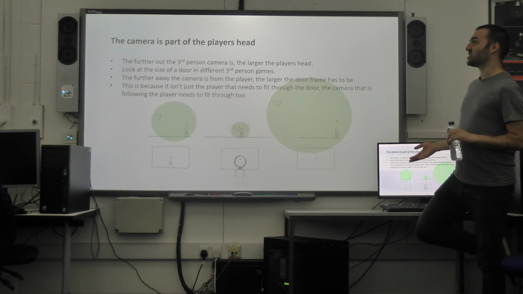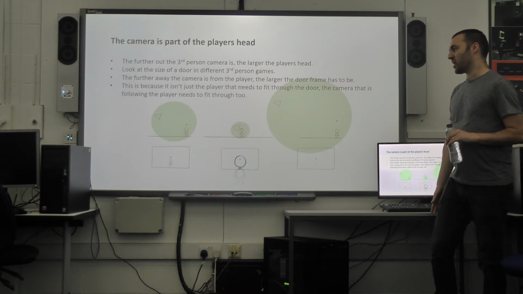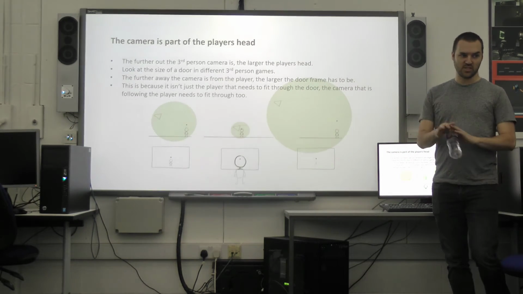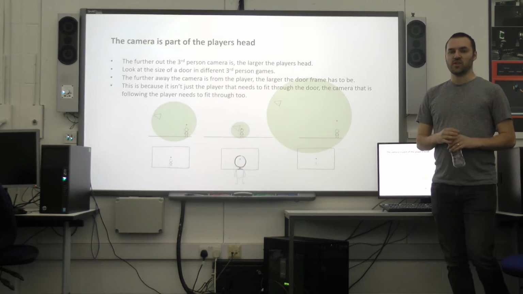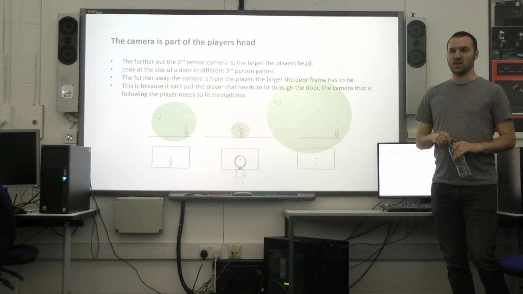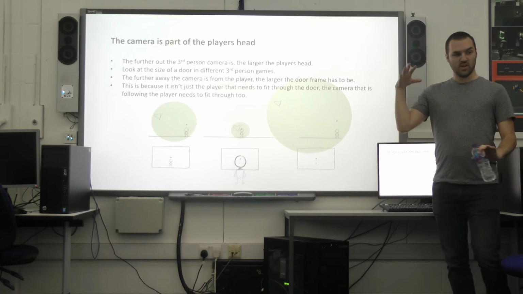Okay, I've already touched on this. So the camera is part of the player's head. When you experience a game, you experience it from the camera's perspective, not actually the player's perspective. So if you think about things like World of Warcraft, or RTS cameras, the camera is really far away,